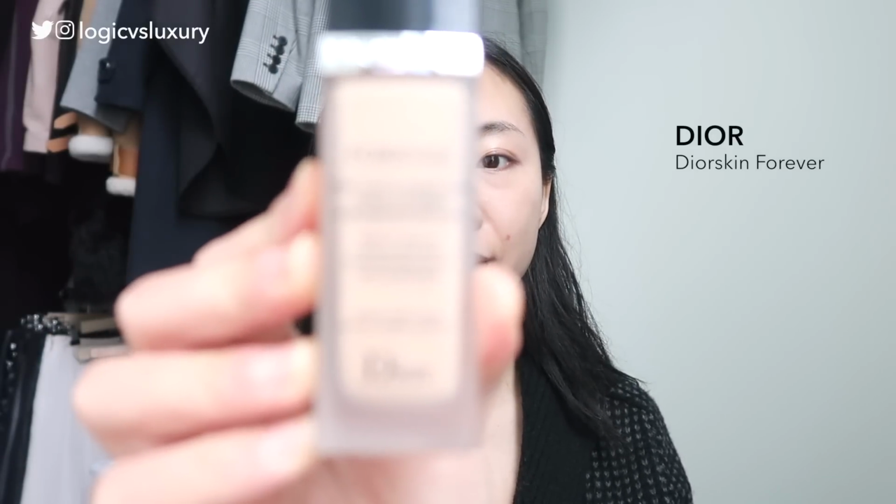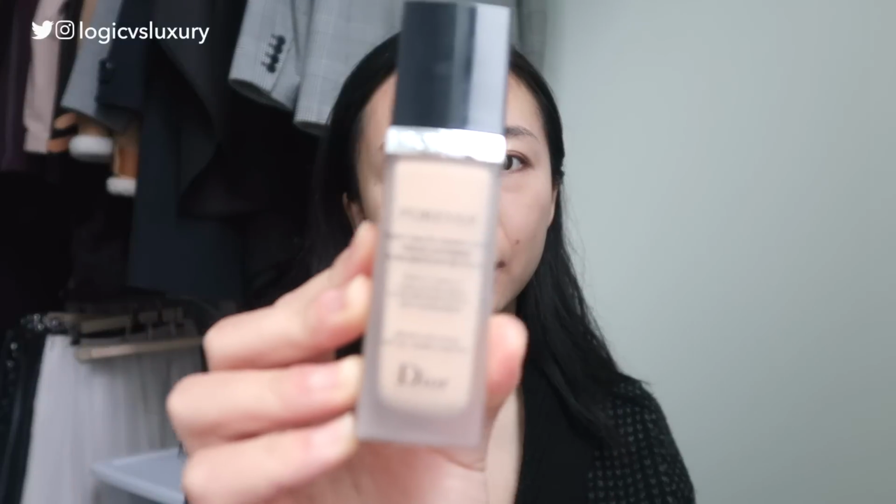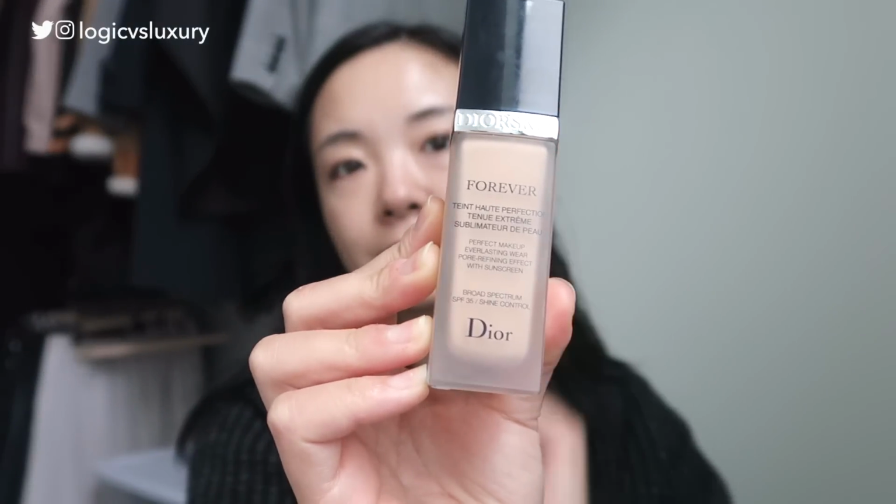Okay, let's get into it. So I'm gonna start off with the foundation that I brought with me on my recent travels, and that is the Dior Skin Forever foundation. And this is, if it focuses, this is probably not the best travel friendly foundation just because it is in this heavy glass bottle, but